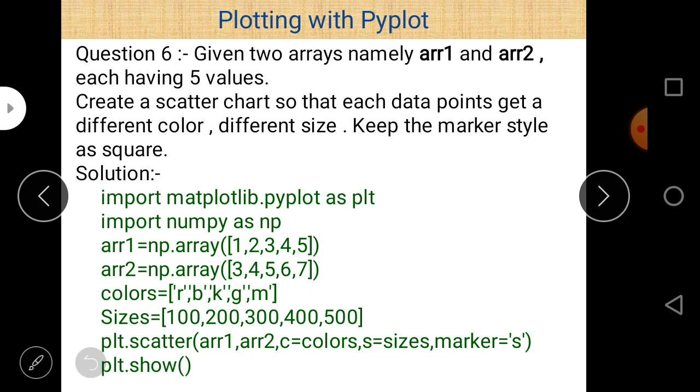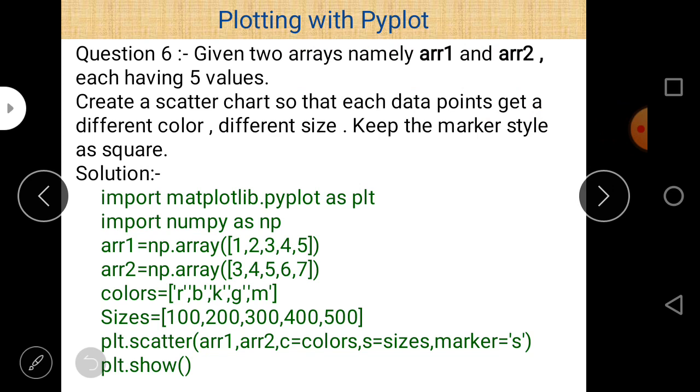First one is the scatter function, which is a basic function, and we can directly use the scatter function to plot a scatter chart. And second is the plot function, which can also be used to draw a bar chart or a line chart. And if we don't use the line style attribute with the plot function, then a scatter chart can be drawn.